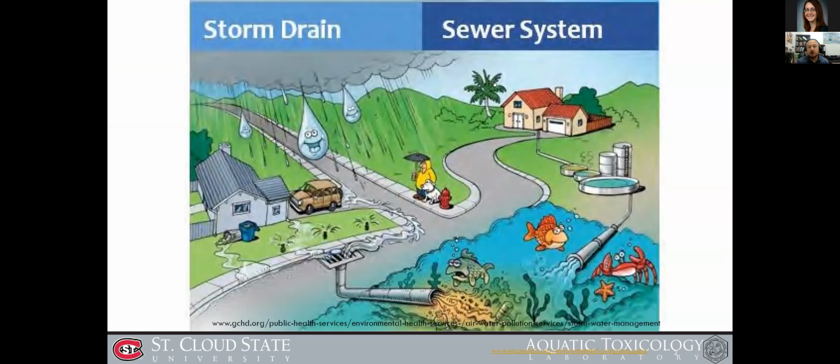The stormwater and the sewage water systems are quite different. Sewage water goes to the water treatment plant, is treated, and is released to the environment, relatively cleaner than the stormwater. A lot of stormwater comes from the road or the front yard, and has a lot of unknown contaminants that are released to the environment. So how we can reduce this contamination is important.